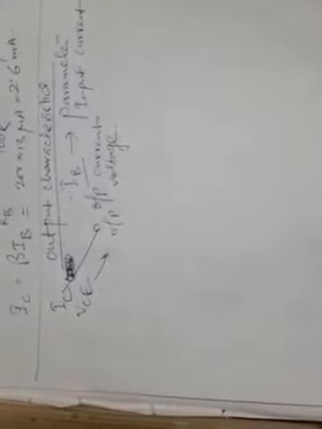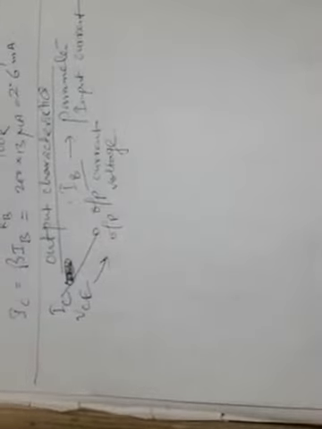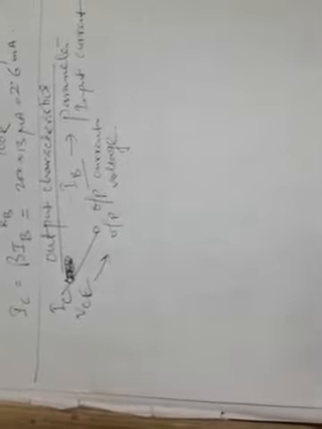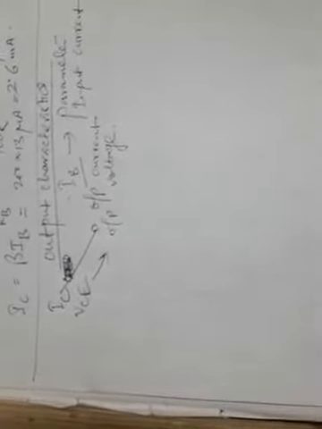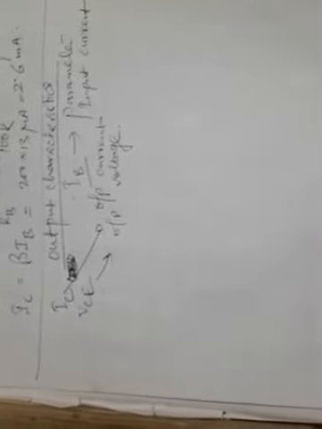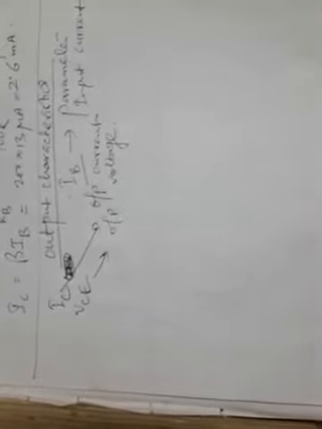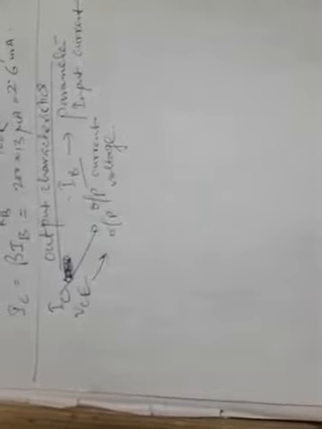Now let us first draw the diagram, but before drawing, we know that VBB forward biases the emitter-base junction. So now we need to calculate the current through the base resistor RB, which we have already done, that is the base current. If we vary VBB and VCC to produce different transistor voltages and currents, then by measuring IC and VCE we can get a set of data for plotting the graph of IC versus VCE.